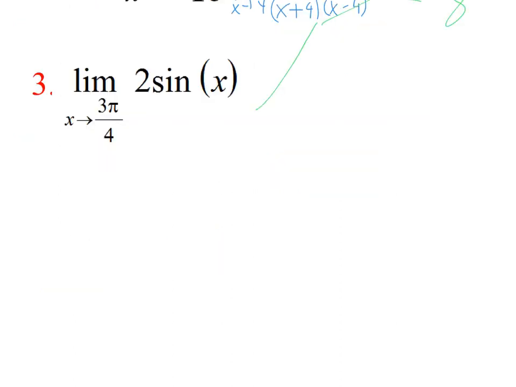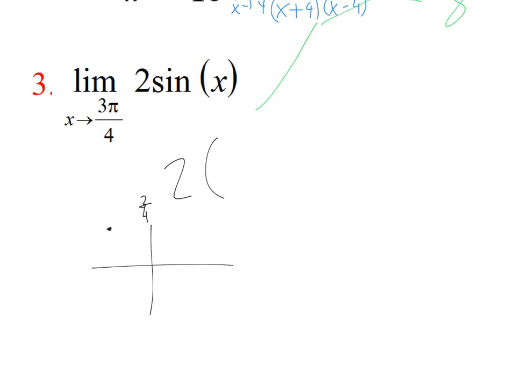The last one's very easy. It's the easiest of them all. You can simply plug in. So our answer is going to be 2 times, and then whatever 3 pi over 4 is. That's actually quite easy, because if you know the unit circle really well, then you know that pi over 2, otherwise known as 2 pi over 4,